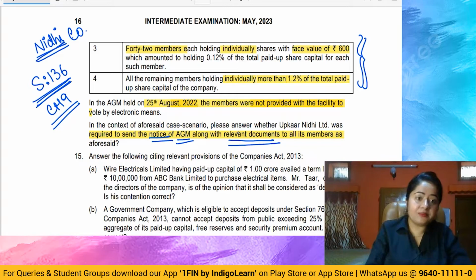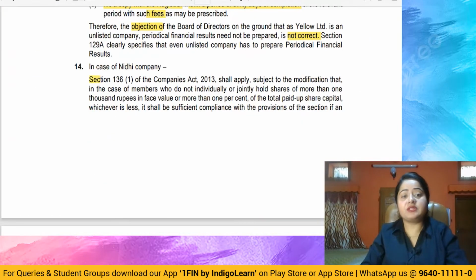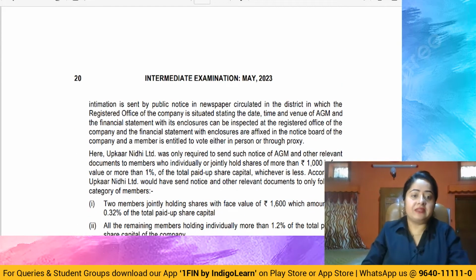Right, now in case of Nidhi company, there is an exception. So section 136 subsection 1 of the Companies Act, in case of Nidhi company, subject to modification, in case of members who do not individually or jointly hold shares more than 1000 rupees in face value or 1% of the total paid up share capital, whichever is less, it shall be sufficient compliance of the provisions of this section if the intimation is sent by public notice in the newspaper circulated in the district in which the registered office of the company is situated, stating the date, time, place of the AGM, and the financial statement with its enclosure can be inspected at the registered office of the company,